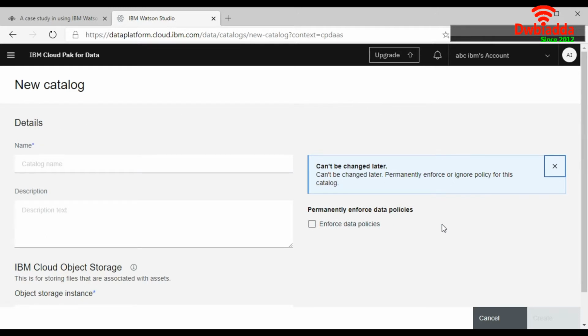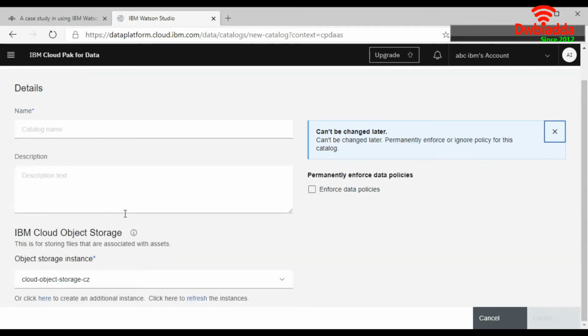This is a window to create a new catalog. If you didn't find any instances here, then you can create one. It's very simple, like we did in the first lesson to create a storage server instance. Using this storage instance, your metadata is going to be stored in encrypted form, and that data will be of your assets file content.